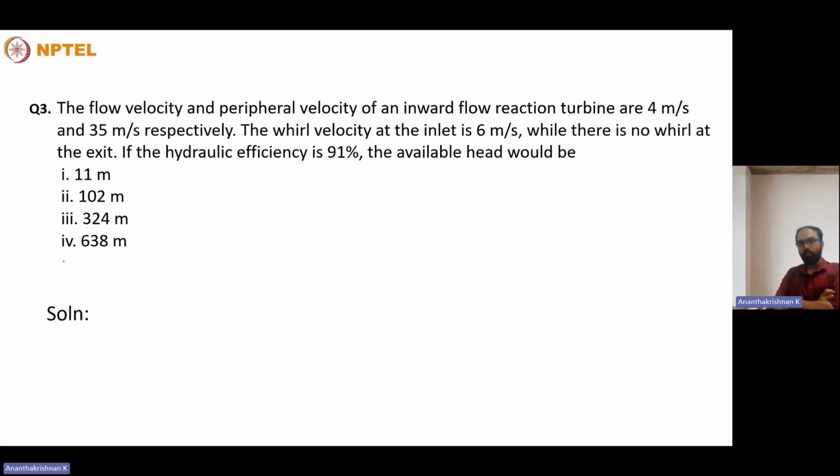First of all, we need to draw the inlet velocity triangle. Since the whirl at the outlet is 0, we need not worry about the whirl component at the outlet, and we need not draw the velocity triangle at the outlet. But what we require is a velocity triangle at the inlet to determine the